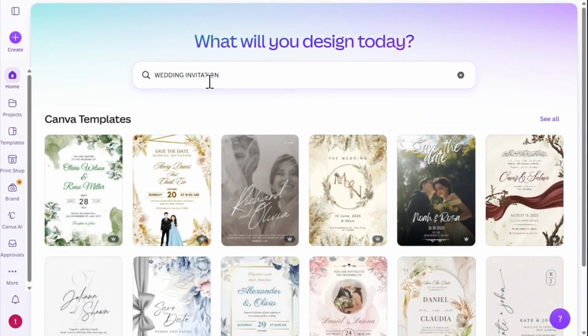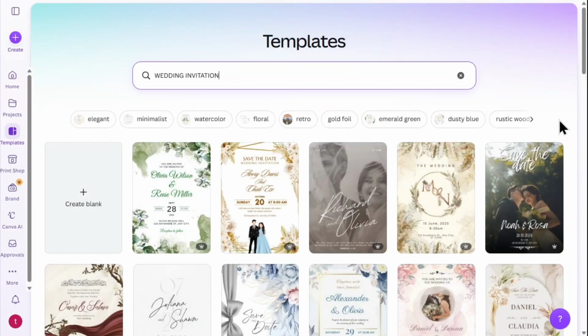the template results. I scroll down through the template gallery to browse the various layout options and styles, then click on the See All button to open the complete collection. From here, I select the option to start with a blank design canvas so we can build our layout using